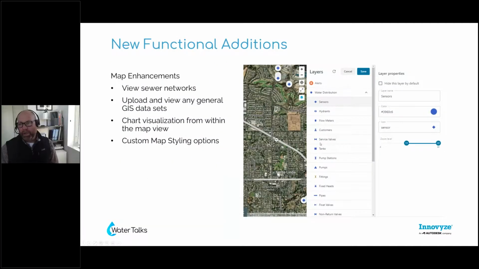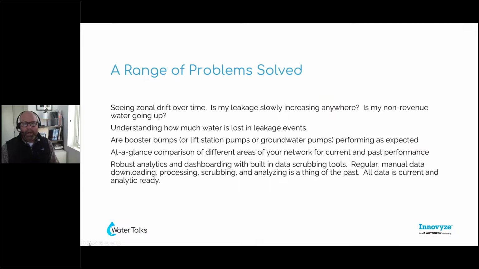Real quick, we've just added some more custom styling options to the mapping tools. Basically, further enabling you to have the map look and feel the way that you want it to, or that you may use in other tools. This is a journey. We're going to continue to add more symbology, more colors, more options. So we look forward to hearing from you if there are additional map styling tool sets that you would like us to consider. And then I'm going to pivot over to the demo in just a second, but again,